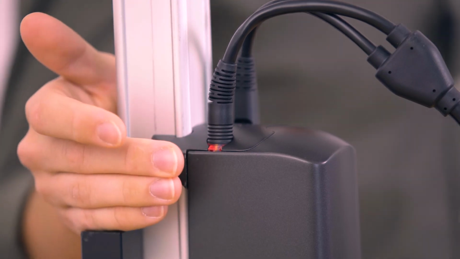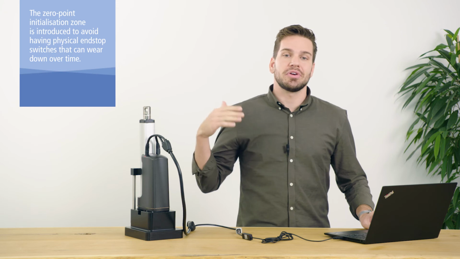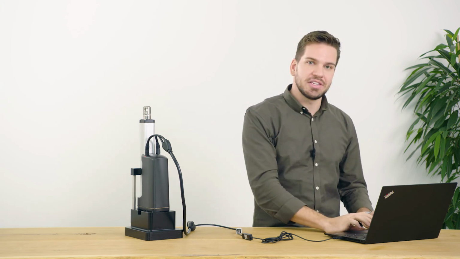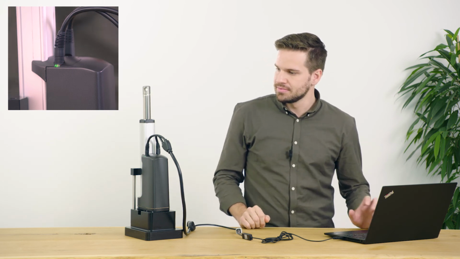Here, I have an actuator that has lost track of its position, and you can see that the LED light is red. To solve this, all that's needed is to perform an initialization. I'll start by running the actuator inwards past that 35 to 70 millimeter zone. I'll stop it just before the end, and we're going to run it out past that 35 to 70 millimeter zone. And when we're past it, the actuator will initialize and the LED will turn green. Now the LED is green and we're back and initialized, and the actuator knows its position.